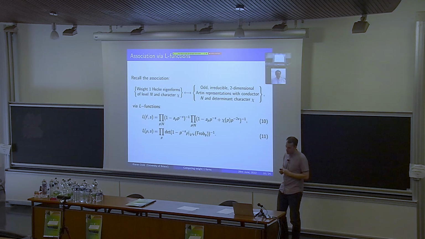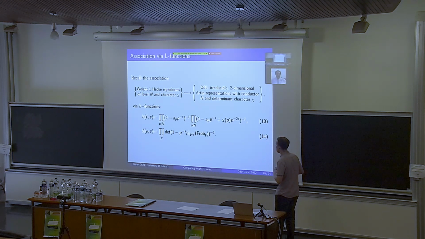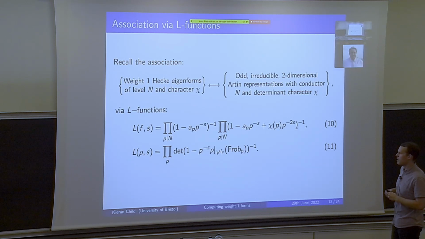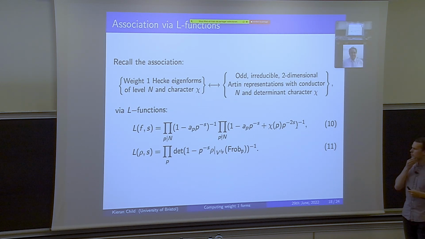So this P is some prime ideal lying above P. The Frob is any Frobenius element. IP is the inertia subgroup, and V is the fixed subspace under IP. So this fixed V could be 2-dimensional, 1-dimensional, or 0-dimensional, and we're going to see that this corresponds to